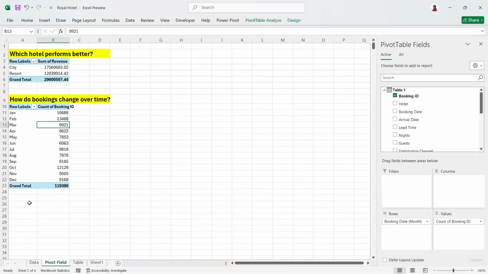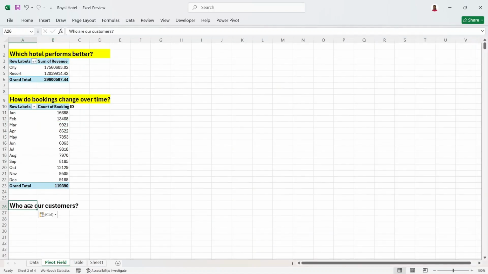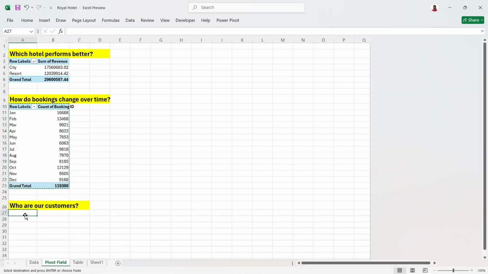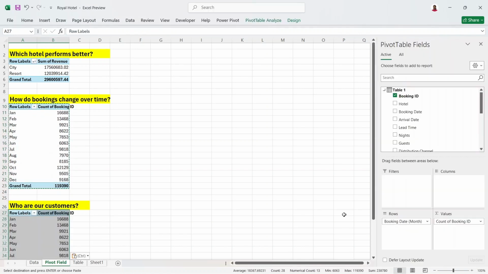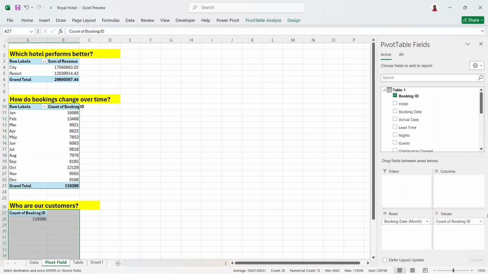Come back to your pivot field and paste it here and right click and fill it in. So who are our customers? Let's fill the whole thing. So copy this pivot table. Always copy from the last pivot table. Control C and paste it here. Control V. So once you've done that, remove the items you do not need and remove the count of booking